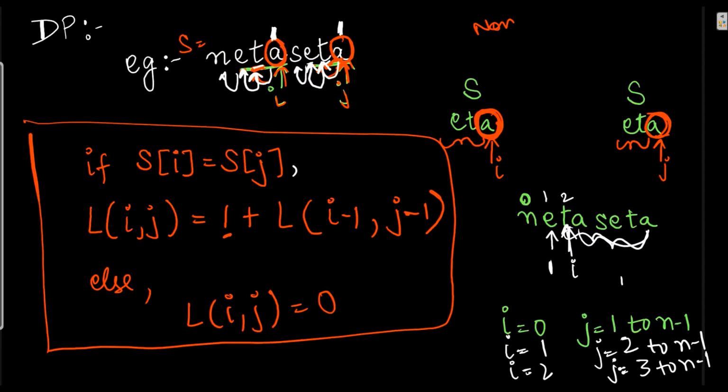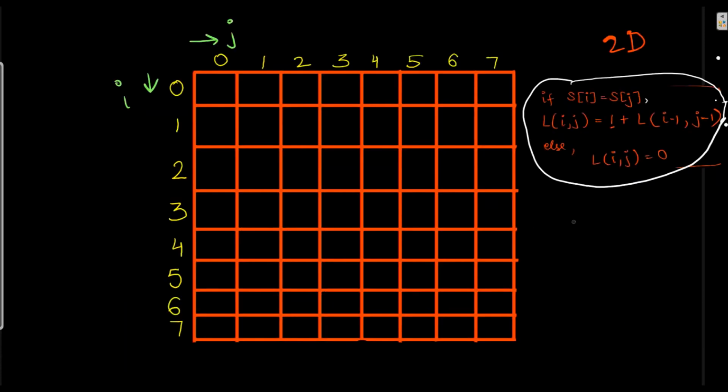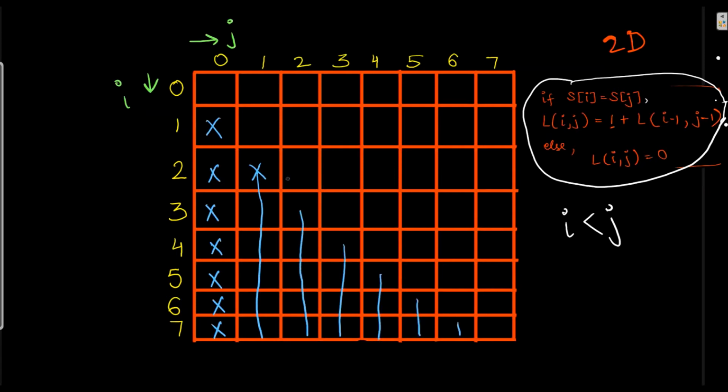So with this, we'll get the condition I will be less than J, and we will not be entertaining the condition if I is greater than J. If I is 1 over here, whenever we have J equal to 0, it will not be entertained. So I'll put a cross over here. Similarly, if I is equal to 2, J equal to 1 will not be allowed, and it will also be a cross. Let's put a cross over here.